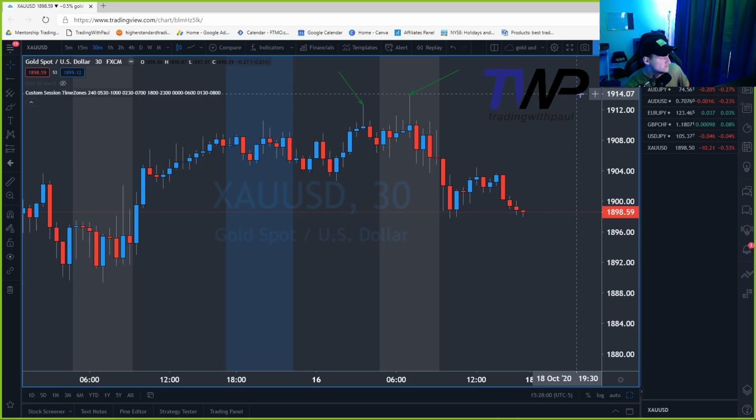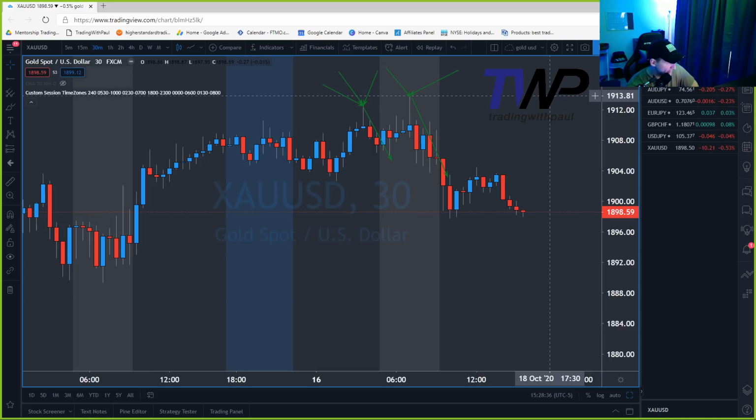This tells me right here that buyers tried to push, and there was obviously a big enough order up in this area that pushed it down. There was obviously enough of an order here to push this down. The amount of money it takes to do that is astounding. We don't even fathom the amount of money it takes to move that. People call them order blocks, you can call them whatever you want, but this is a sign that buyers are getting rejected. They pushed, and then buyers got rejected.